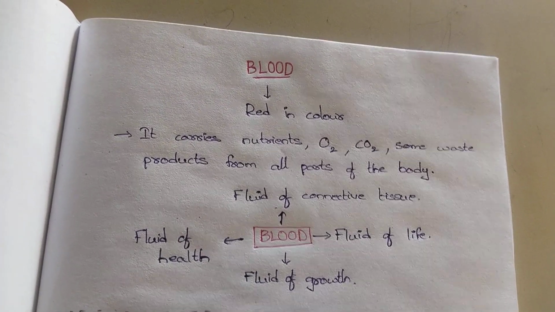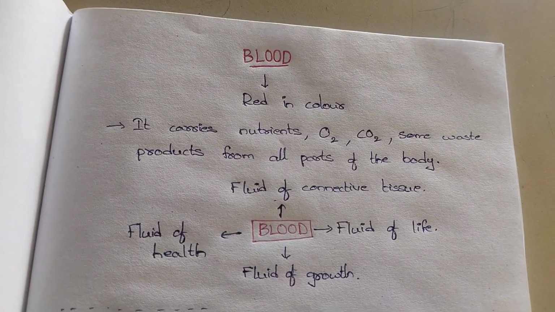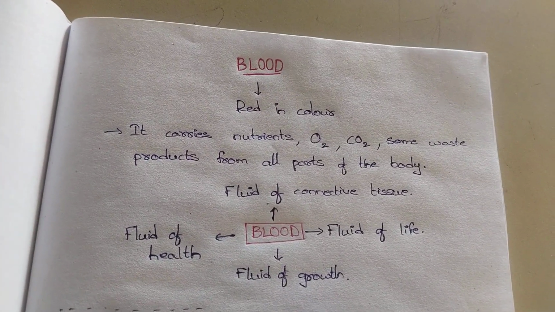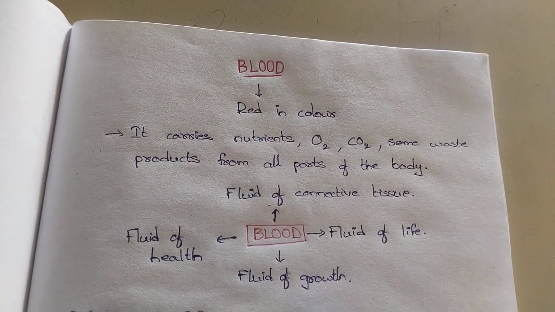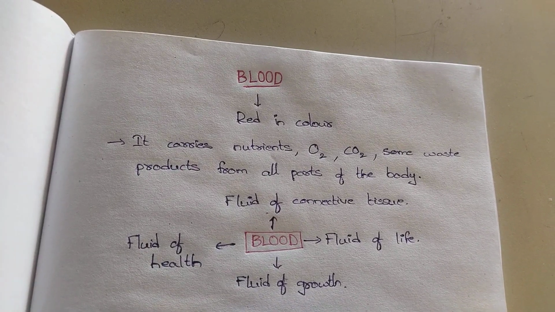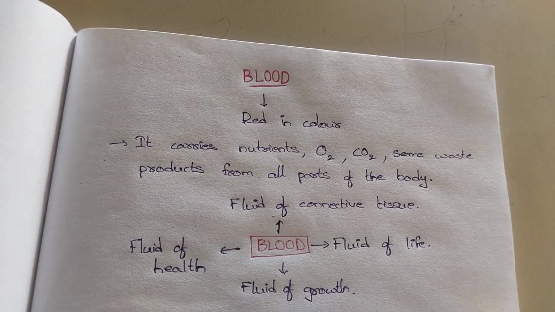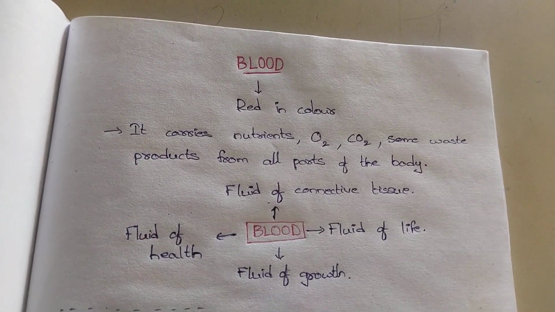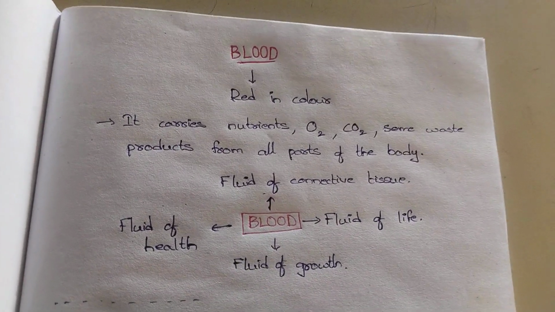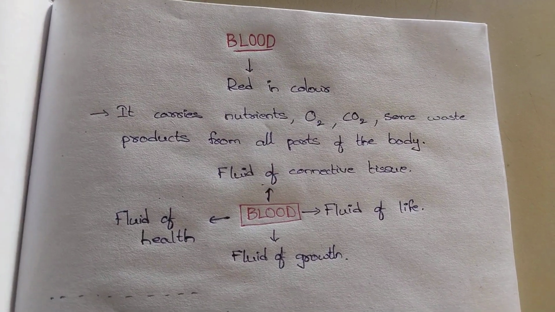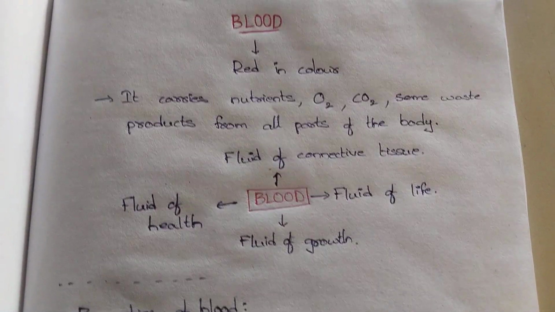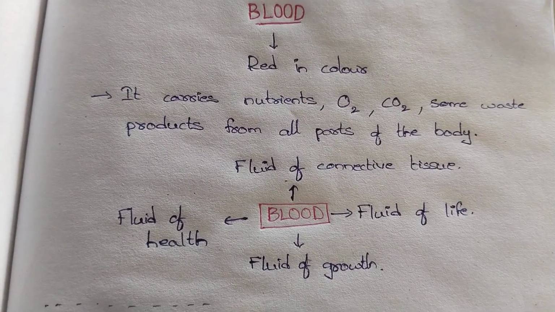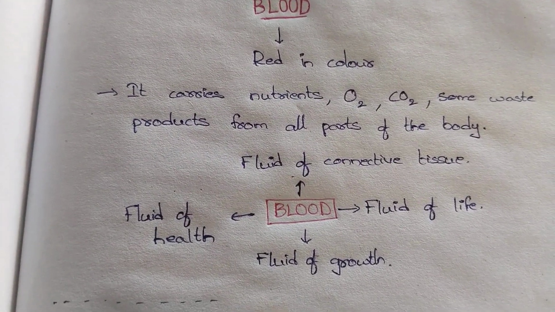Blood has some synonyms. Blood is also called the fluid of connective tissue because it connects all the parts of the body. Next, it is also called the fluid of life, because of blood, all the organs will get oxygen and all the waste materials from the organs will be excreted through blood. And another name for blood is fluid of growth